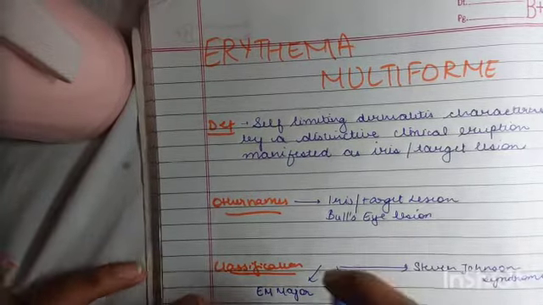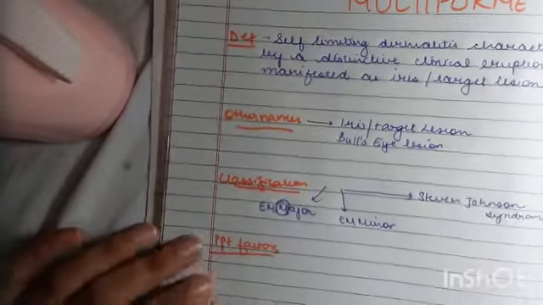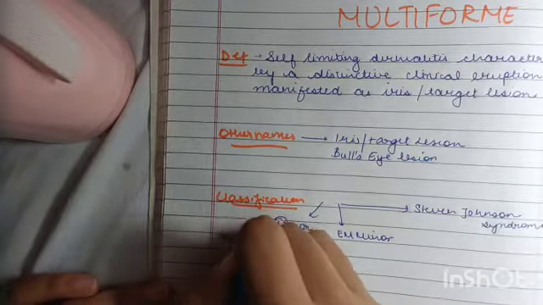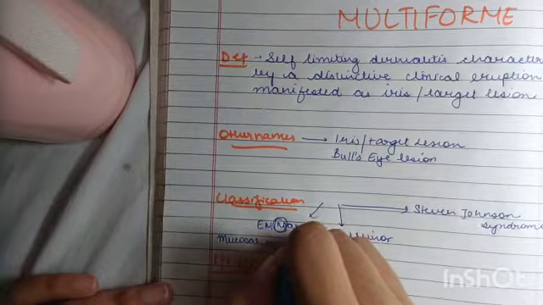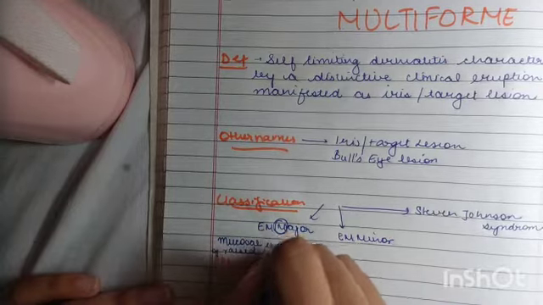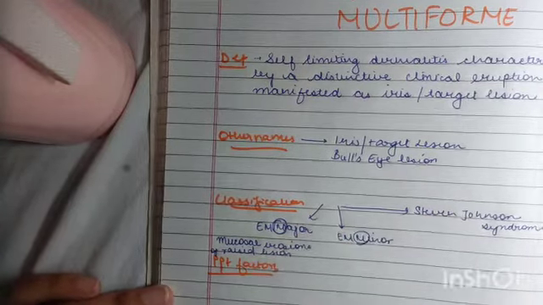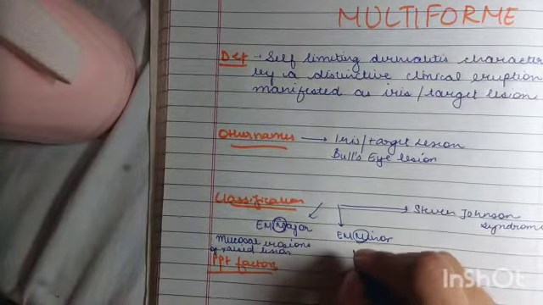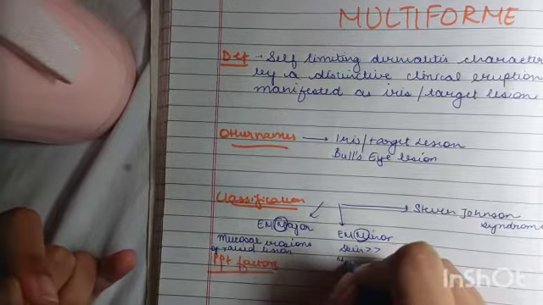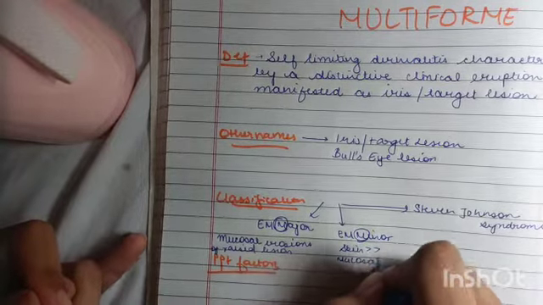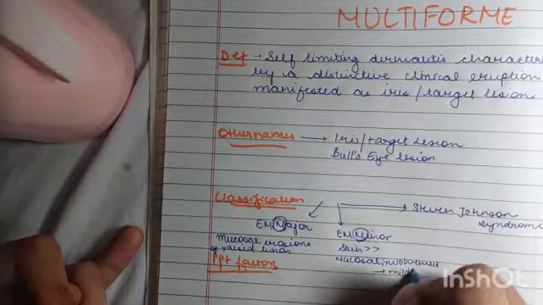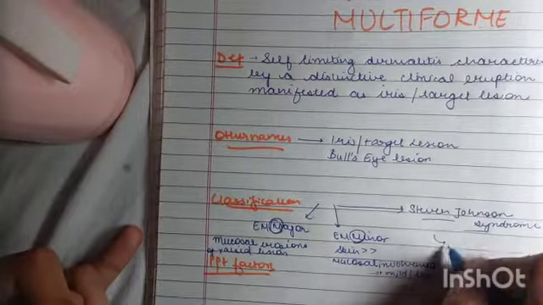Now what I want you to remember: over here, M, and it is major. So what you will see is there will be mucosal erosions of raised lesion. Now here, M, it is minor. So what you will see is there are more skin lesions and the mucosal involvement is quite less, or it is not there. Now Stevens-Johnson, toxic